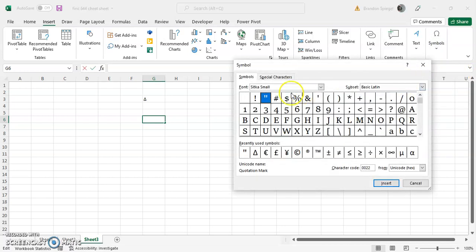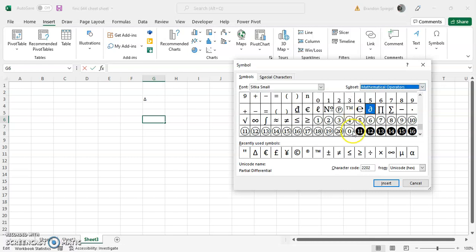From here, there's going to be two drop downs at the top. I'm going to go to the subset dropdown and then go to the mathematical operations option, which if you're scrolling is towards the middle. It's oddly enough not in alphabetical order, but it's a little bit below the middle. Mathematical operations right here if you're scrolling, and then you're going to want to look for